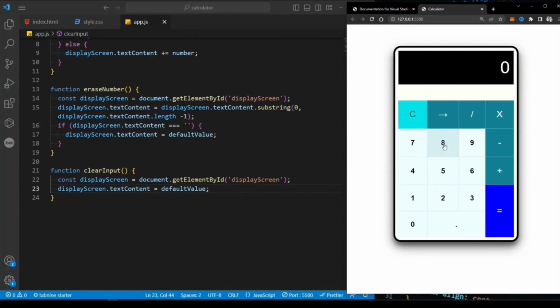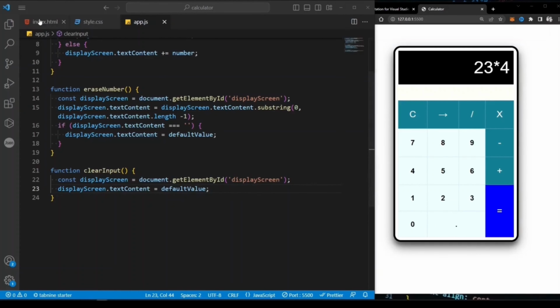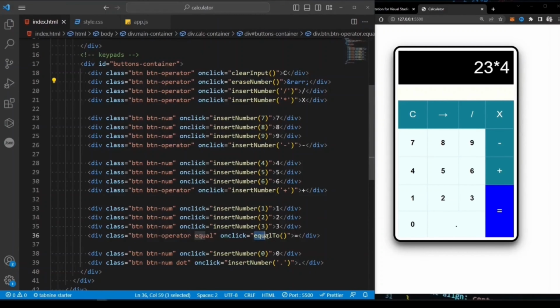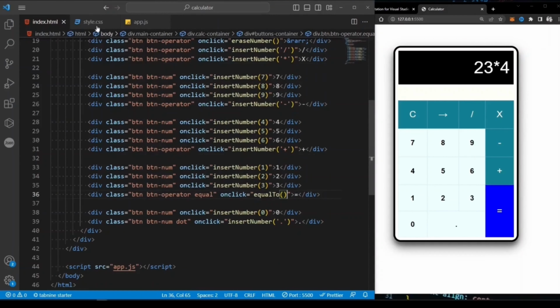So let's go ahead and code out the main functionality of your calculator, which is the ability to perform mathematical calculation or evaluate numbers using it. So if, for instance, we say 23 times 4, we will need to click on this equality sign to evaluate these numbers, and that's not functional at the moment. So let's check our equality button and see what function name we gave to the onClick attribute. We gave it this name equal to. Let's go ahead and write the function